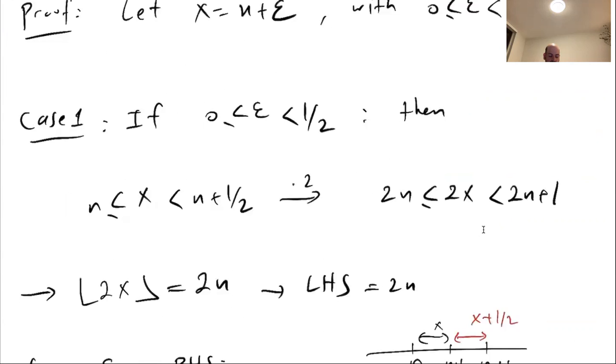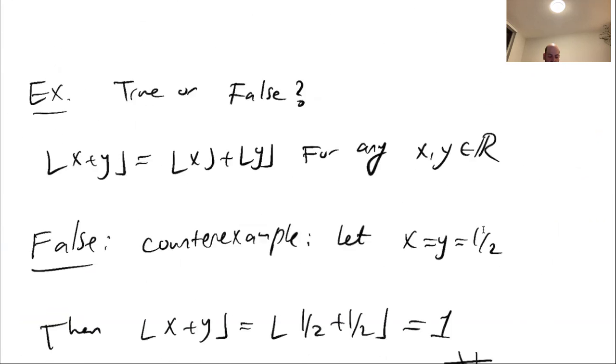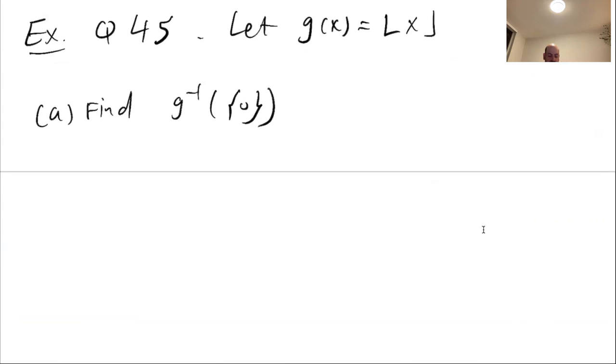But here it's not talking about g inverse of 0, the element 0. It talks about g inverse of the set {0}. G inverse of a set can be defined even if the function is not 1-to-1. How did we define f inverse of a set? All the elements in the domain whose outputs are inside our set. Here my set has only one element, 0. So g inverse of the set {0} is going to be all elements inside the domain whose outputs are 0. So this is by definition